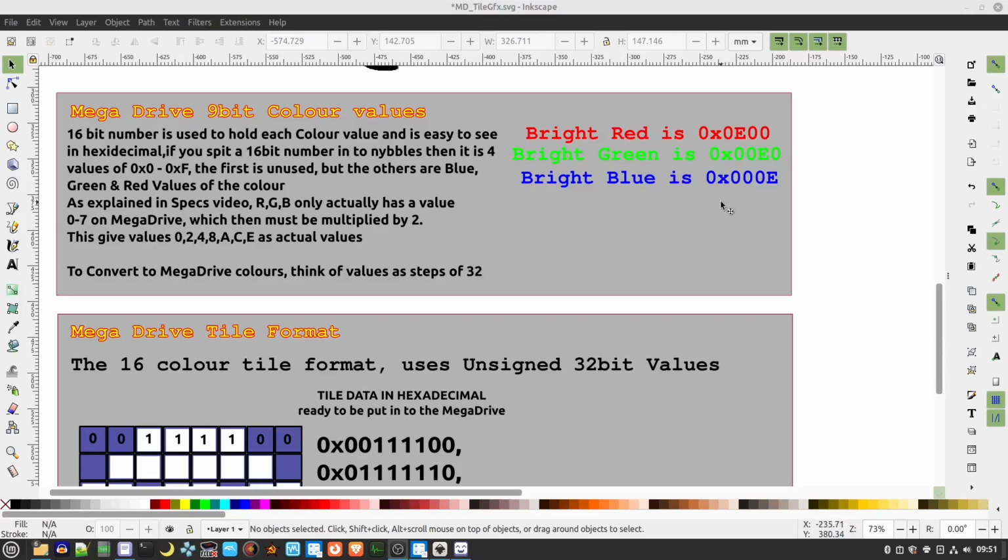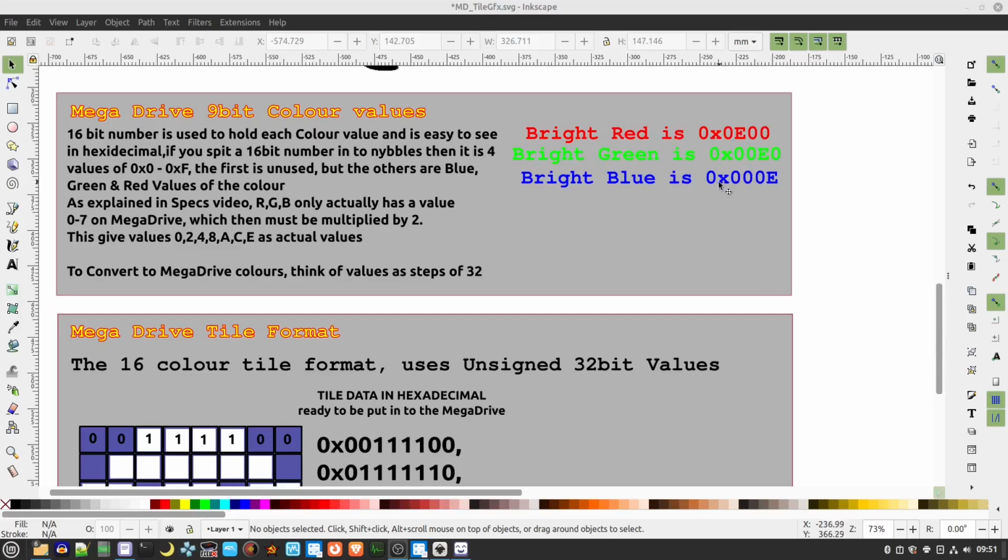So you've only got 8 color step ranges in each of the 3 colors. To get these here we have to multiply the 0 to 7 values by 2. So we can either have 0, 2, 4, 6, 8, A, C or E as the actual colours of the red,